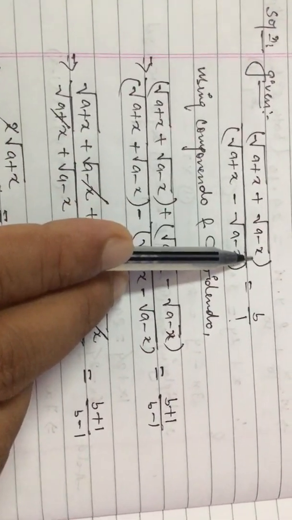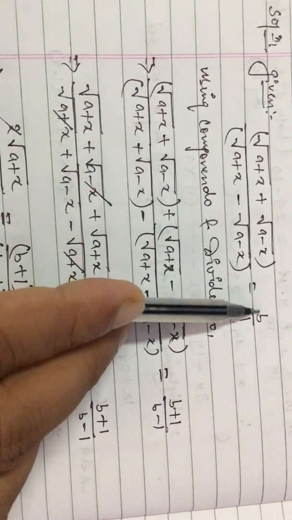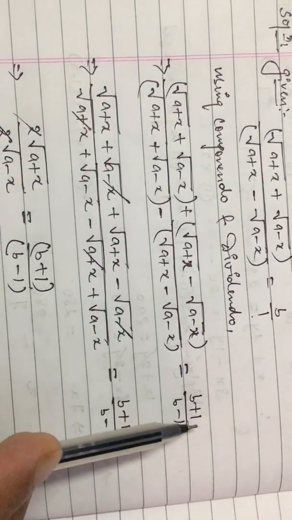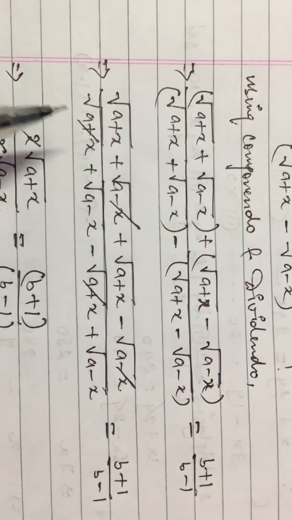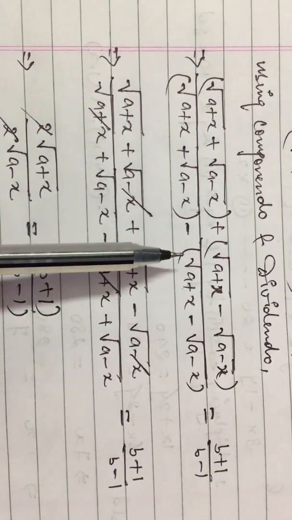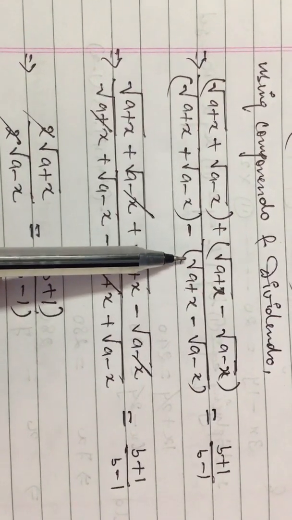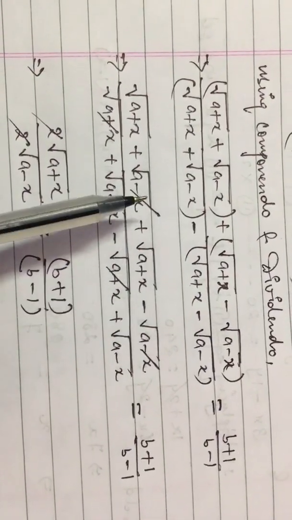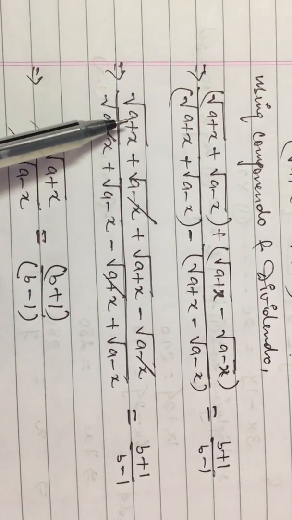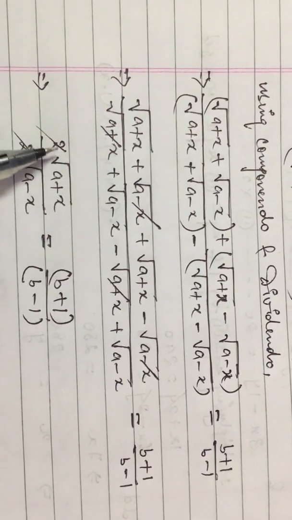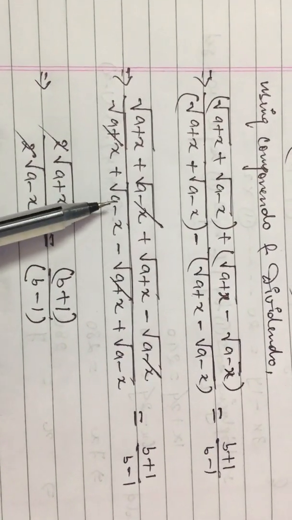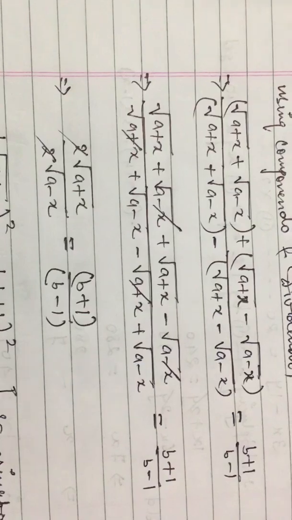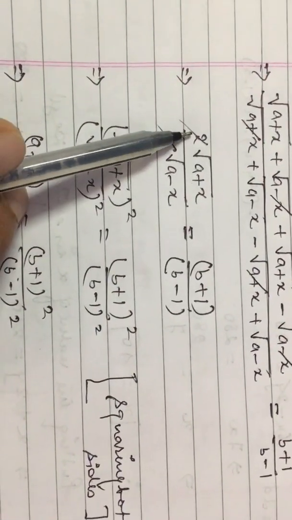This term you can suppose as a, this term as b, this is c and this is d. Now a plus b, a minus b, c plus d and c minus d. Now see, in the denominator part remove the bracket, and if you are removing the bracket the sign will be reversed, minus and minus minus plus. This will be cancelled and this will be cancelled. So root under a plus x, root under a plus x, 2 times root under a plus x, root under a minus x, root under a minus x, 2 times root under a minus x. It is b plus 1 and it is b minus 1. Now this 2 will be cancelled.